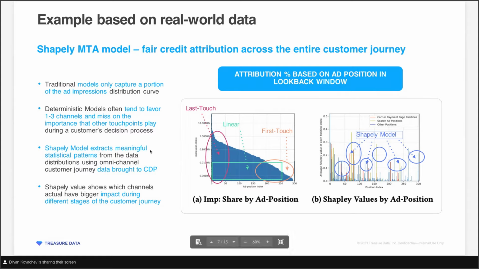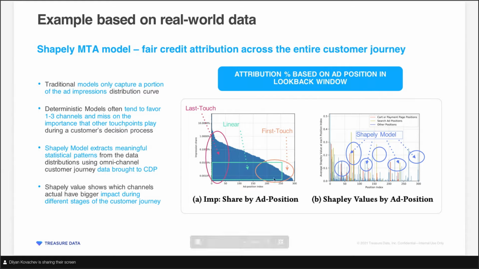But typically what you see is, for first touch, channels like search and email are pretty strong, because that's how often customer journeys start. For last touch, you might see things such as display ads or social do better, because those are usually high frequency impressions. So maybe when the user is already browsing the site and about to purchase, they have been also on Facebook or on Instagram, and they saw some ads and then they purchase, and that's why those ads might get more credit towards the end.